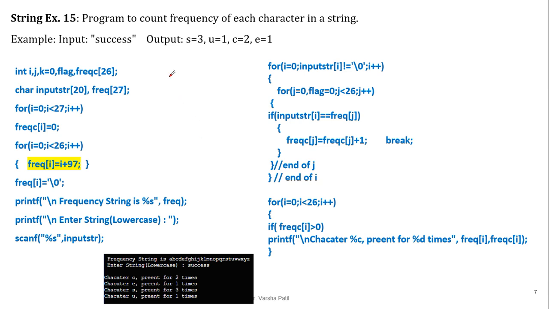Next is write a program to count the frequency of each character in a string. Now this program is again very easy. Here, what we require to do is count the frequency of each character. So it all depends on you how you want to do the program. What I did, I will store the characters into the character array, and this is nothing but the